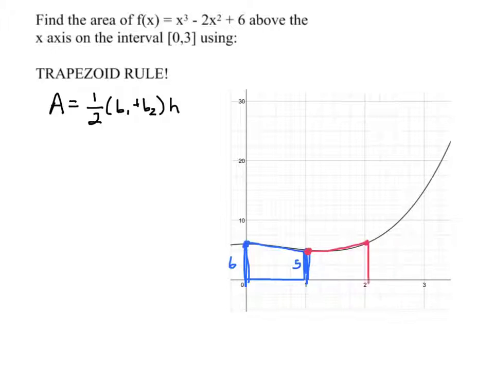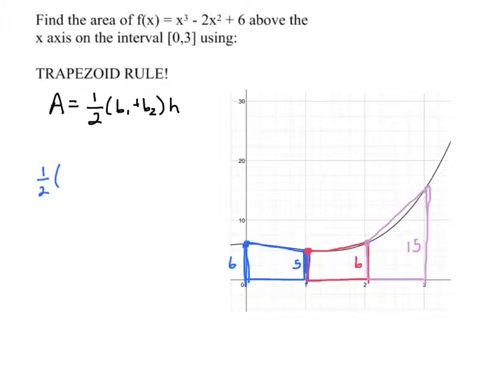Notice that the concavity can, again, much like left and right, tell us here if we're over or underestimating. This we found was 6 in the previous slide. And the last one, going from 2 to 3, connect like that. So again, it is an estimate. It's not perfect, but I think you can see that it is a better estimate than the rectangles are. So now using this formula, let's do 1/2